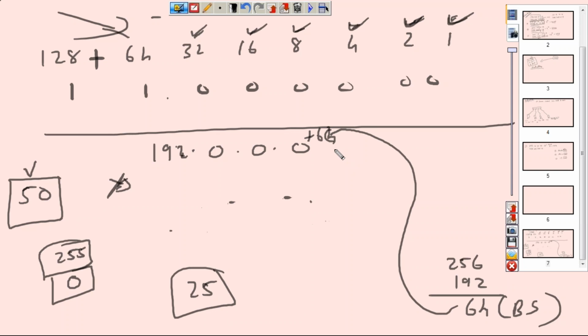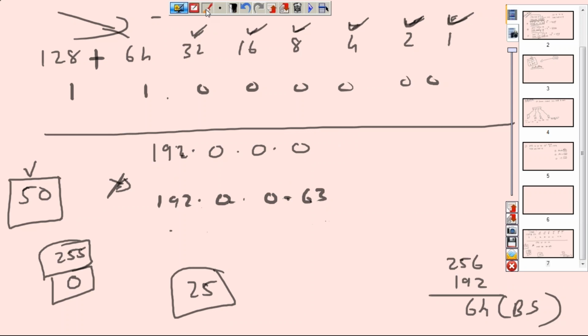Start counting from 0 and tick off 64 fingers. You will reach 63 because 0 is there, right? If I start counting from 1, it is 64. If I start counting from one step before 1, then the last number should be one step less, right? So your network is going to be from 0, that is 192.0.0.0 to 192.0.0.63, which means on your network, your IP addressing scheme will be this. This is your first network right there.